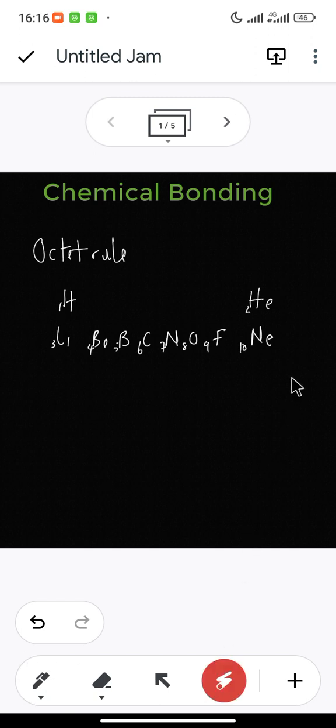We can observe that these ones here are called noble gases, you understand? And the reason they are called inert gases is because they hardly react. And the reason why they hardly react is because of their complete octet or duplet structure. I will explain. Now, if you are to draw this in a shell-like manner, hydrogen is going to have